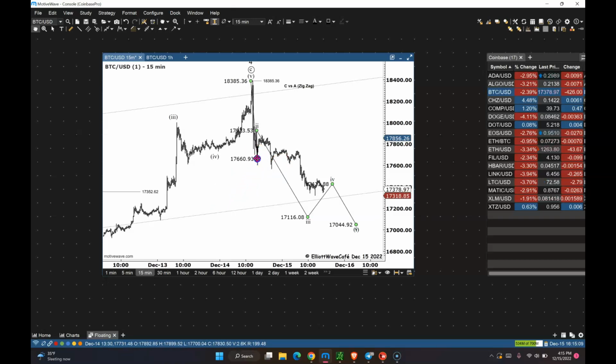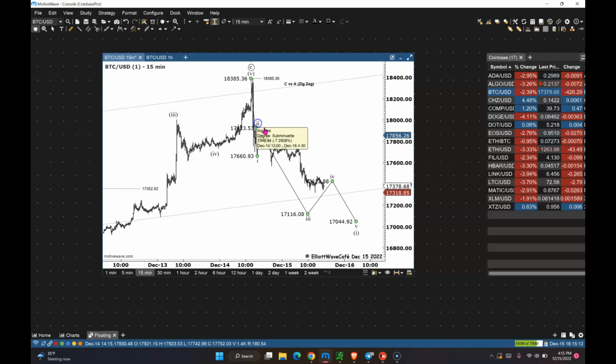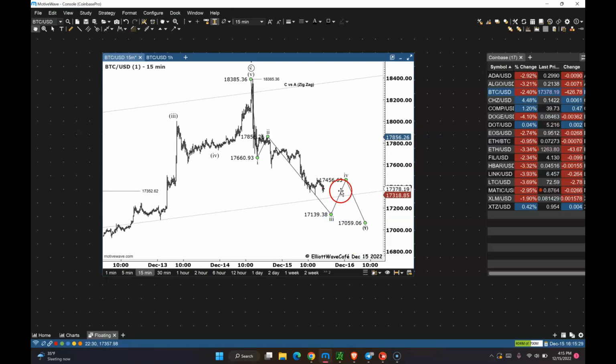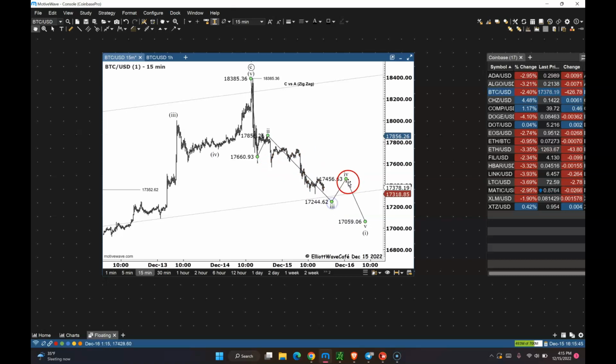If you place the wave 1 here, just to reduce the subdivision and give it a little bit more room, and then you place a wave 2 there, okay, that's an ABC, whatever, then you go in another 1, 2. I think I would probably like this better. Let me just quickly show future points. So that's the bottom of the wave 1. Then you go up in 2, then you have another 1, and then you're going up in a second wave. You get a 3, 4, and 5 to complete a third here somewhere soon, and then you get a 4 and another 5. That's how I'm looking at it at the moment.